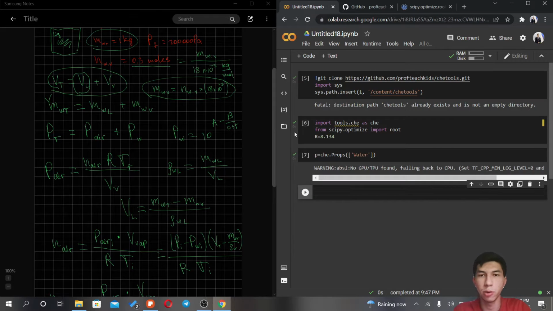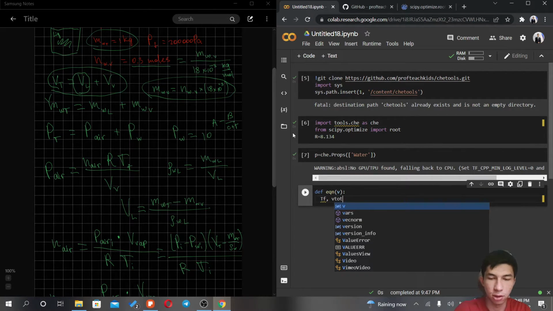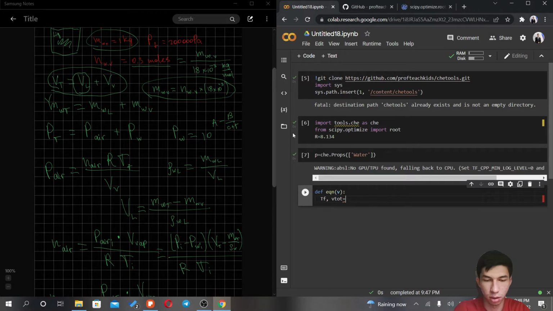So first we will need to define our function that would solve for our temperature final and volume total. So we define equations. So it would get some vector, right? So we can unpack our vector. So it would be temperature final and V total, and vector. And then we want our function to return